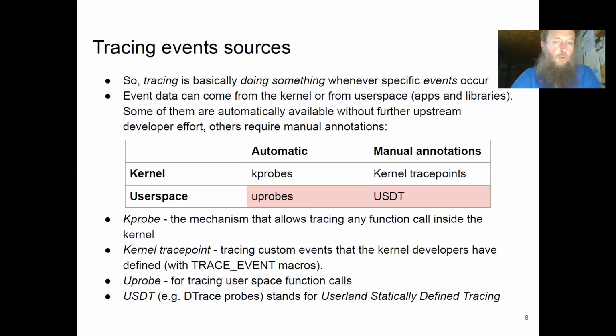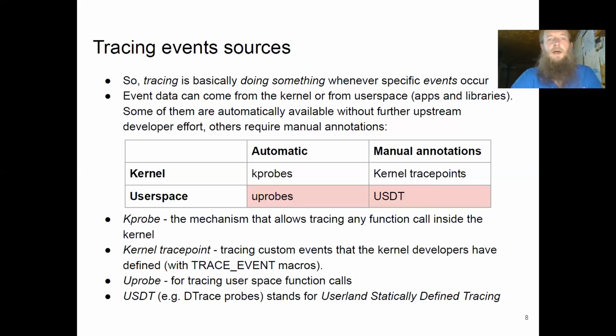So if you have to change the code, like it happens with performance schema in MySQL, where you have to put specific code for something to be traced in performance schema, I would put it into the category of manual annotations. Another dimension is whether it is in the Linux kernel, drivers or whatever, or in normal user space. From this regard, we have automatic in-kernel kernel probes, and automatic, absolutely dynamically added probes in the user space, user probes. Specific code added to the kernel to help tracing is kernel trace points, but when it happens in the user code, it's called